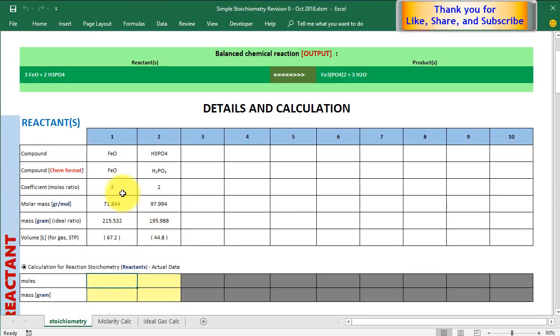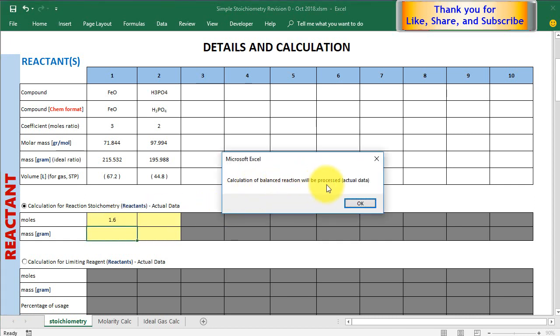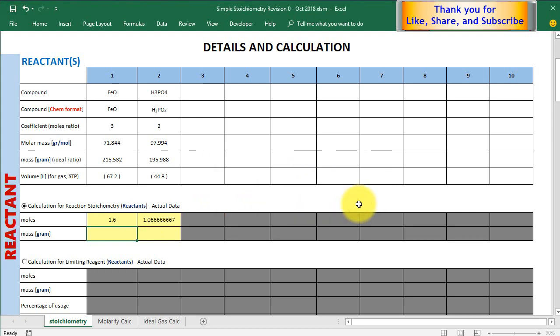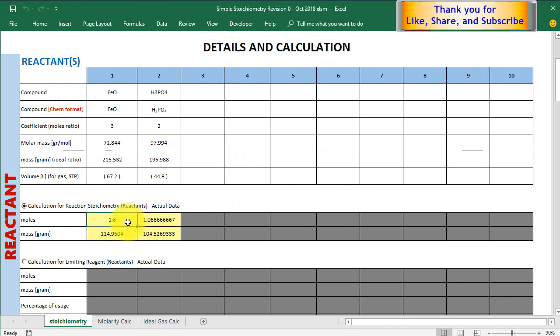Alright, the calculation shows that iron oxide needs 3 moles to be reacted, with the iron phosphate being 2 moles. But how about 1.6 moles? You can click and enter. Calculation of the balanced reaction will be processed for actual data. Alright, calculation of stoichiometry has been updated. If we have 1.6 moles of iron oxide, then the phosphoric acid,